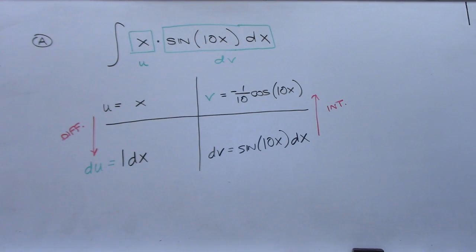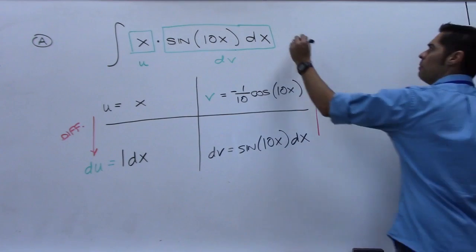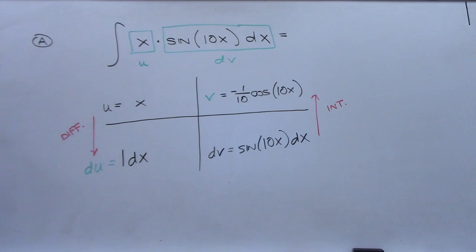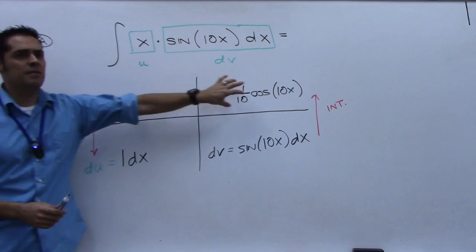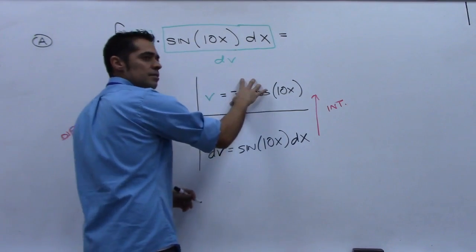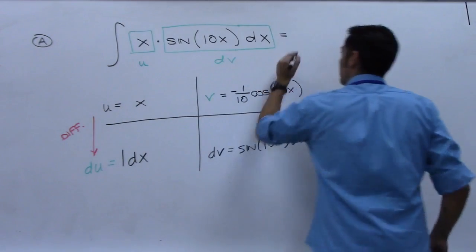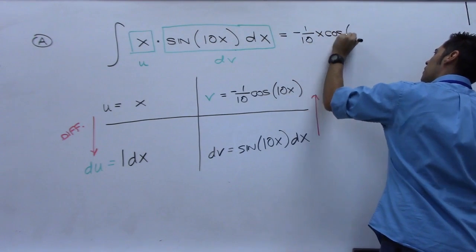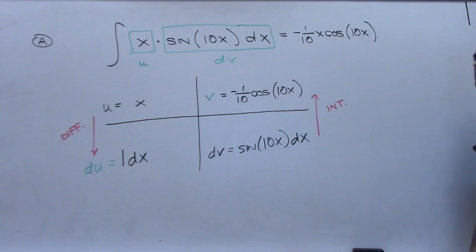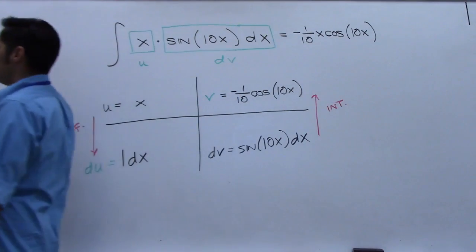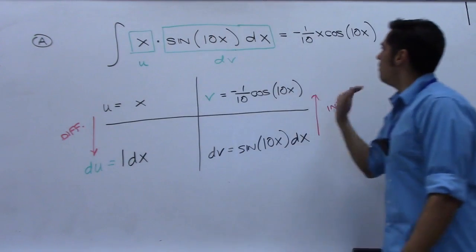Everything from here on out is just plugging in. So this integral becomes, first of all, what? uv, u times v, which if you look at your table is the multiplication of these two straight across, isn't it? So multiply x times this, and what would you have? Negative 1/10 x cosine 10x. Okay, good? uv. See, no integral here, right? There's no integral in the formula, uv. Then minus,